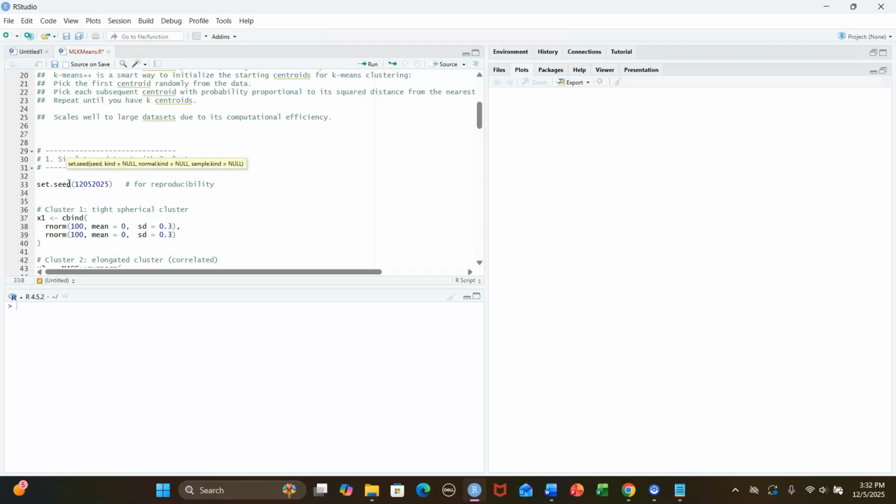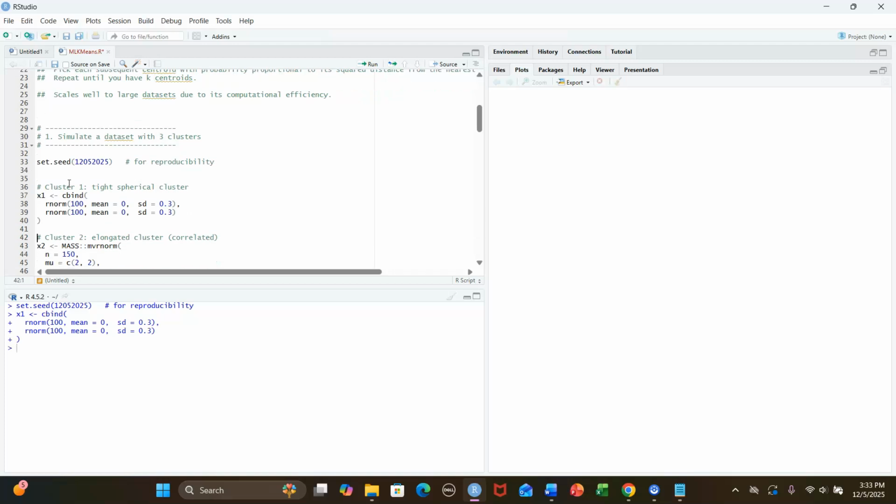Set the random seed, and create a data set. The first cluster is a tight spherical cluster, so you can see the standard deviation is small, 0.3. The second cluster is elongated,